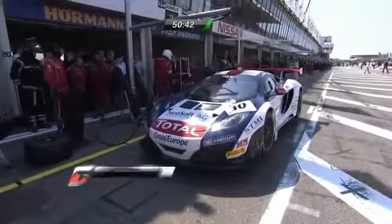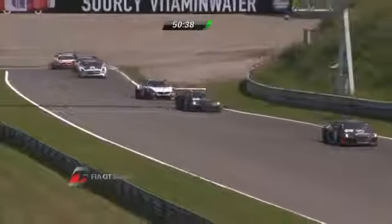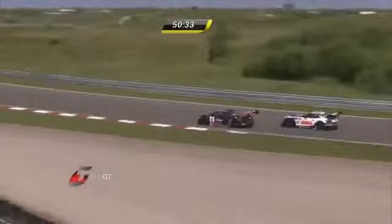There is Andy Soucek, so there must have been mechanical problems for that car. I wondered why they were suddenly at the back of the grid. Now they're in the pits. Well, disappointment again for Sebastien Loeb Racing. The sister car is out, but that move that...